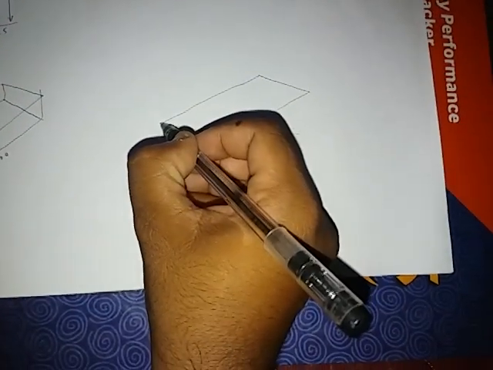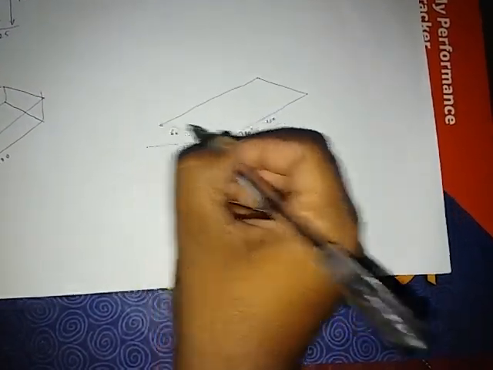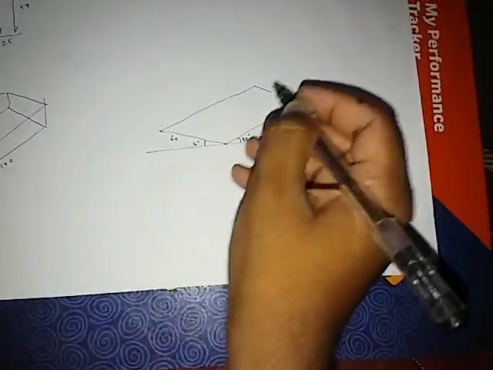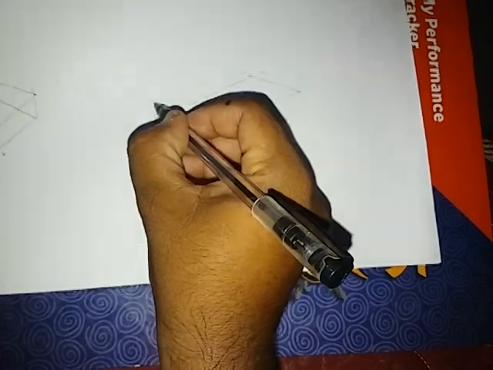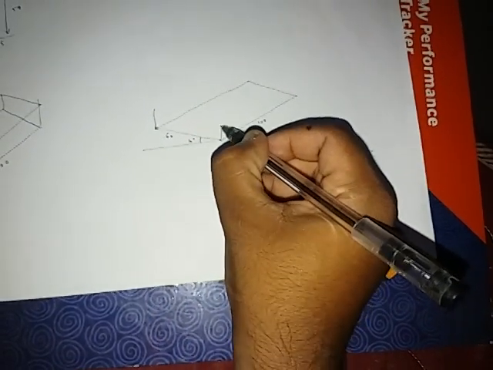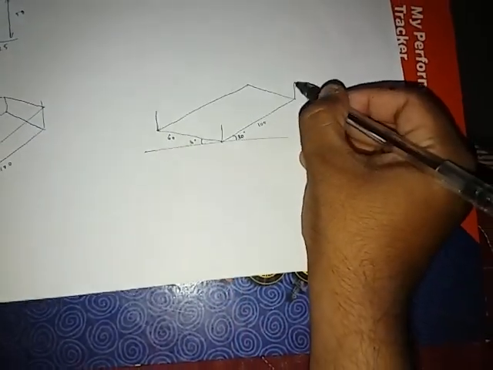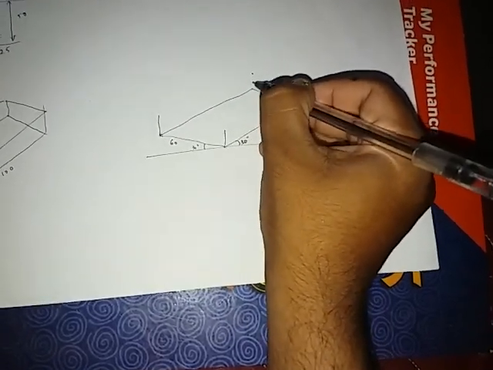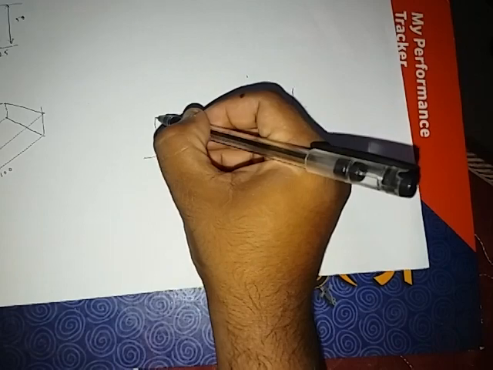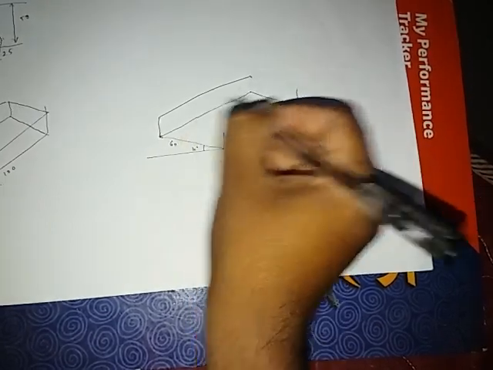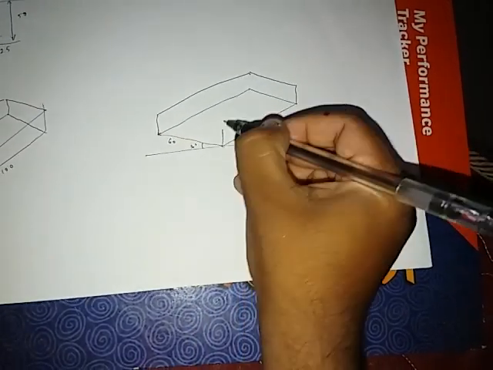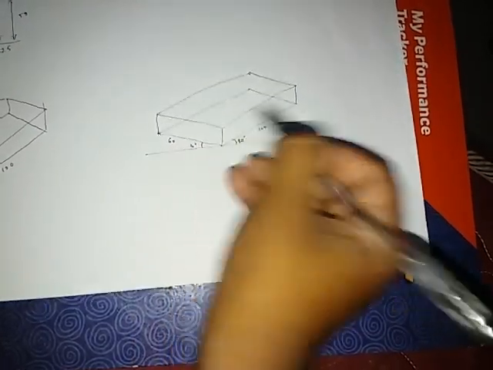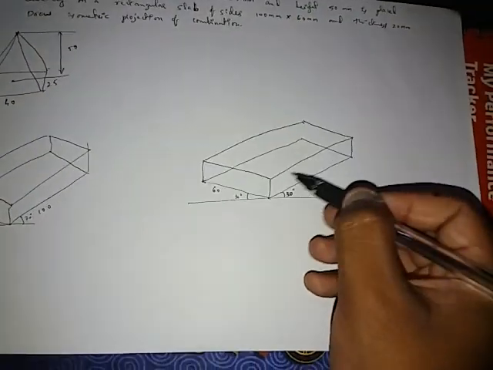Now only the front, left side corner, front and right corners are always visible, and its height is also visible. So height is 20 mm, so 2 divisions vertical from here, 2 divisions vertical from here, 2 divisions vertical from here. I don't draw this thicker because it is hidden. So connect this to this, this to this, this to this, and this to this. So this is a rectangular slab.